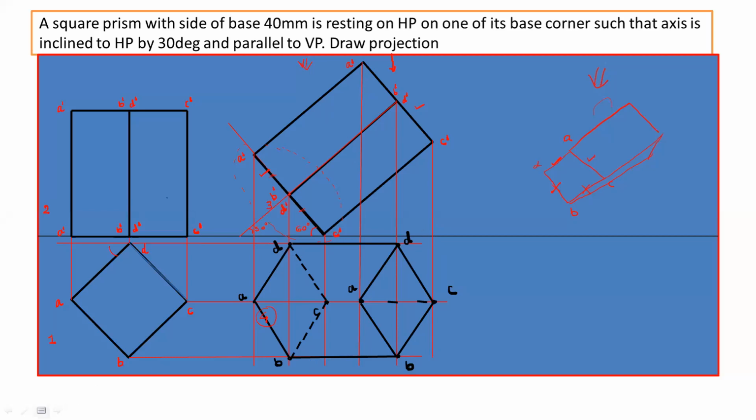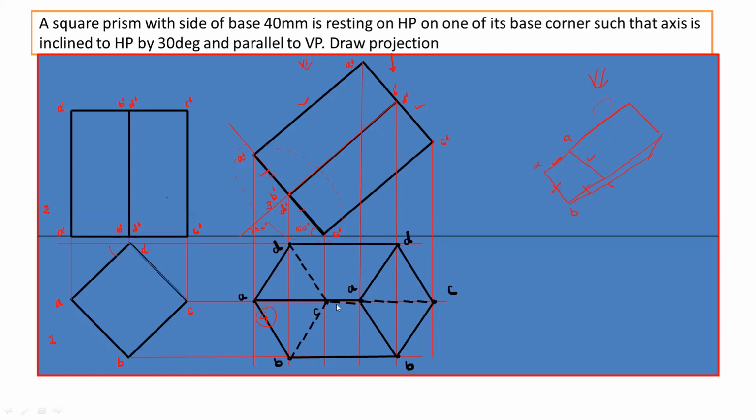Now the edge which is nearer to the observer from the top view must be visible. So this edge, that is A dash A dash. And the edge which is away from the observer will be hidden. So here C dash is away from the observer if you observe from the top direction, and that will be a hidden edge. So here I have shown the hidden edge CC by a dash line, and then you can draw the edge AA as a continuous thick line.